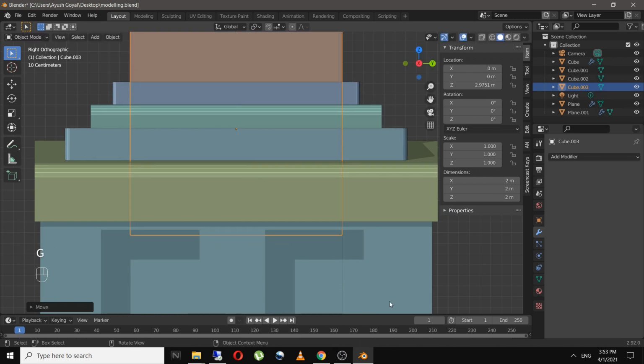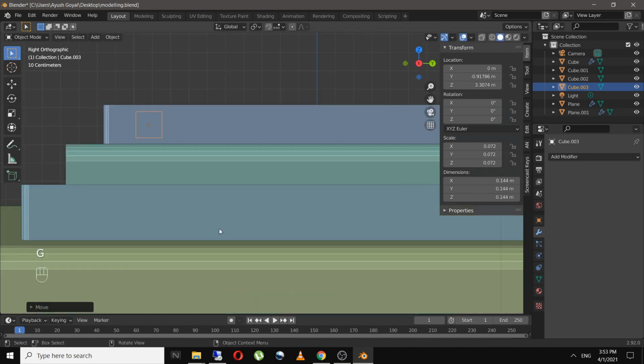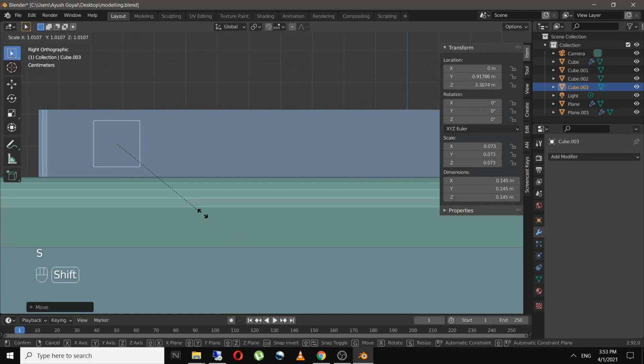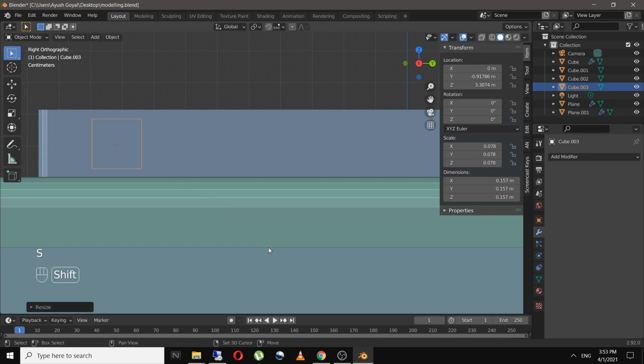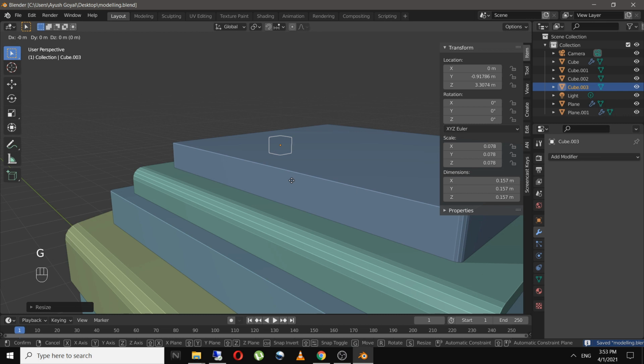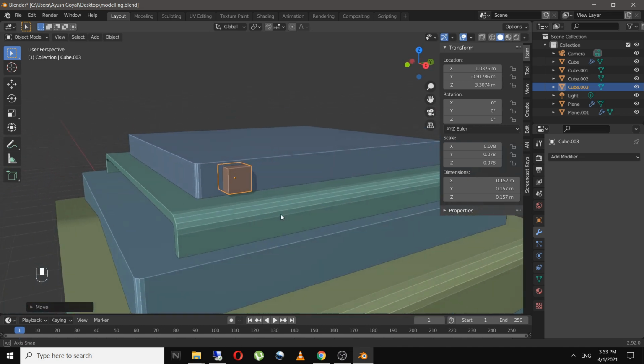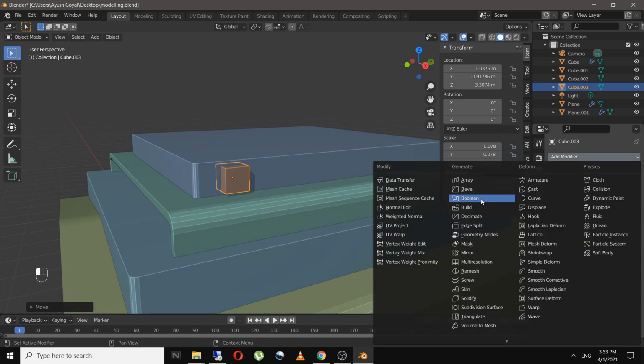I want to make the holes in this upper cube, so I'll place my cube over here, scale it a bit larger, bring it on Z axis over here, and add a Boolean modifier.